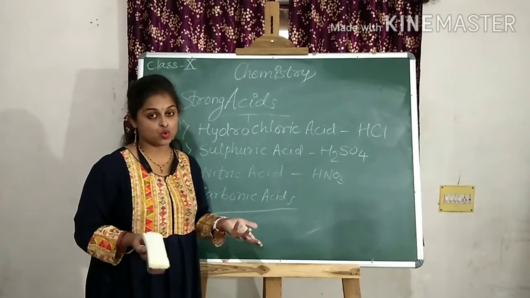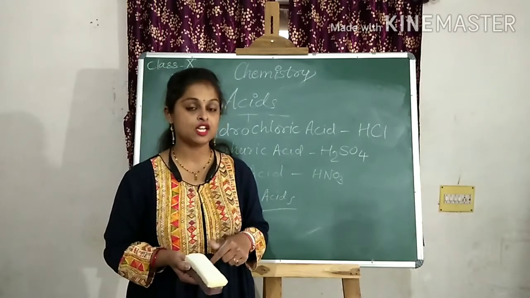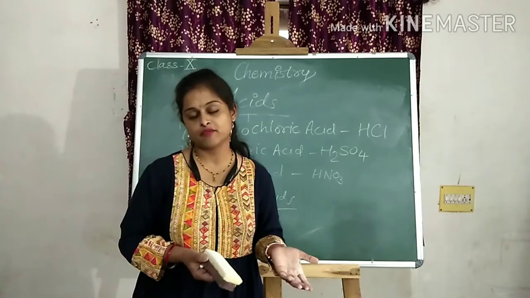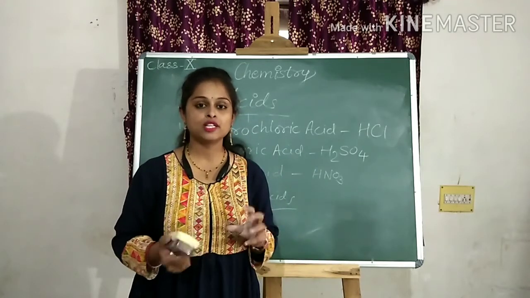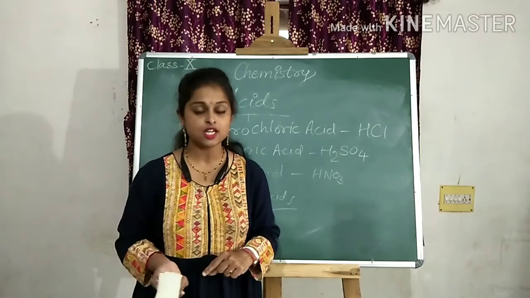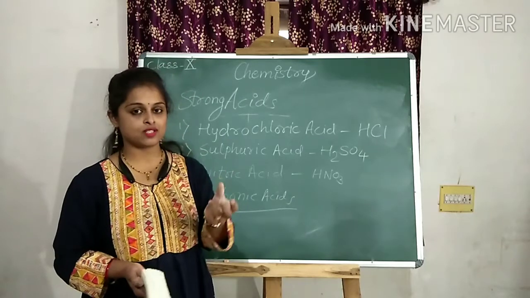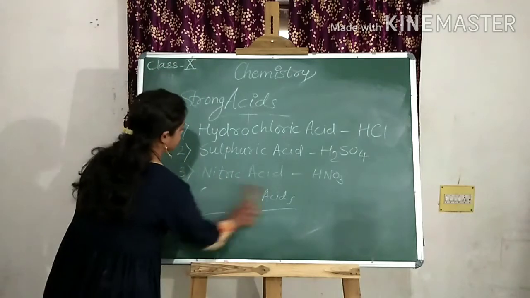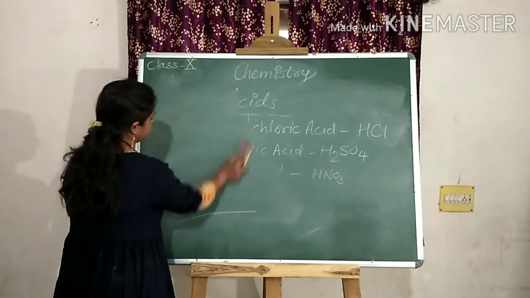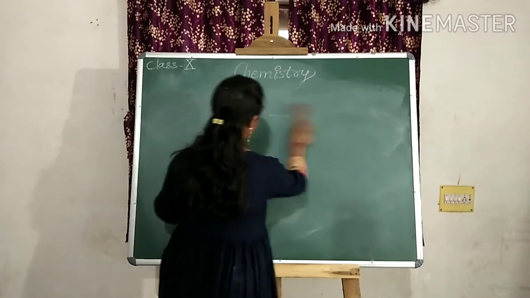Why is this so? Though it is a strong acid, why do we consider it a weak acid? Why are some acids weak and why are some acids strong? All these things we are going to study in this chapter only, but somewhat later. Along with it, there is one short summary about concentrated and dilute acid. We will discuss it and complete this topic here. Concentrated acid means what?